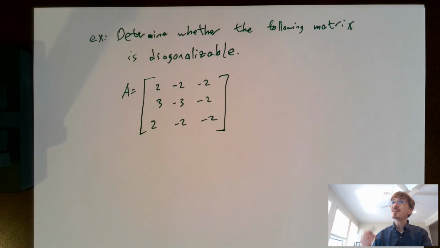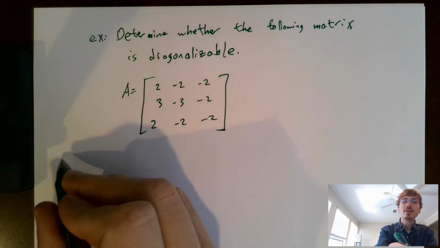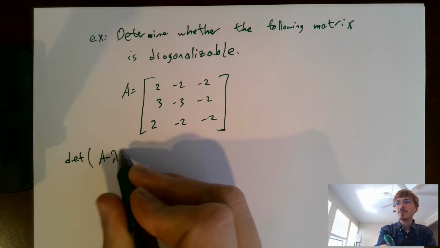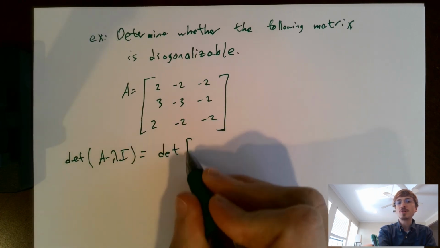So you say, well, we need to go and fetch bases of eigenspaces, right? You're right. So how do we do that? We first need to find the eigenvalues. So let's find the eigenvalues. We know that we need to compute the determinant of A minus lambda I. And the determinant of A minus lambda I is, of course, the determinant of the matrix